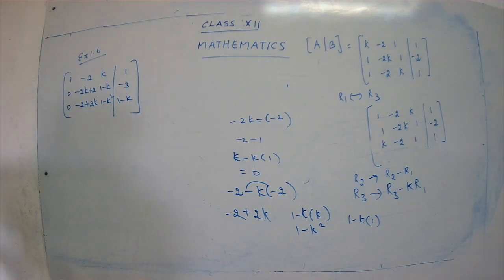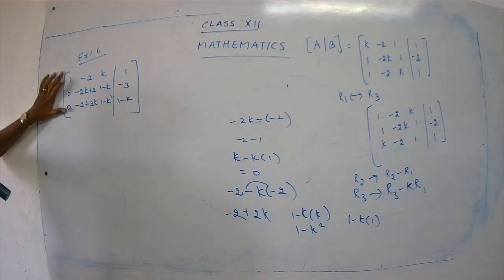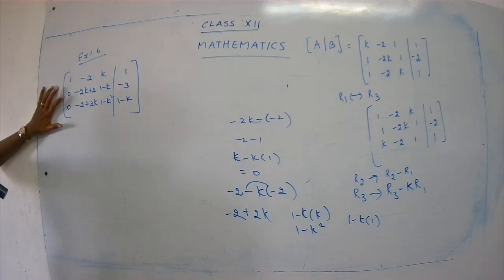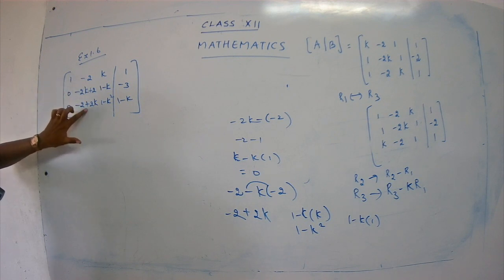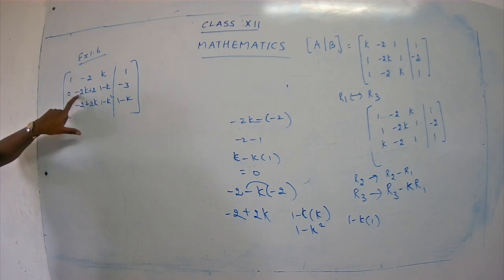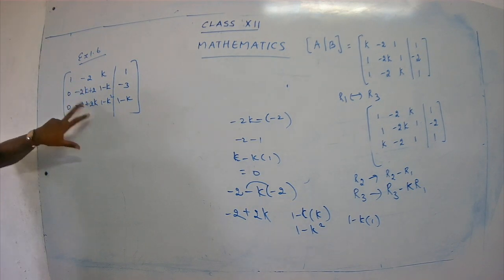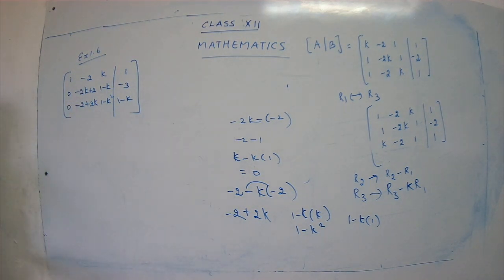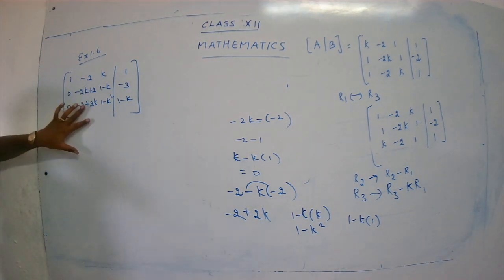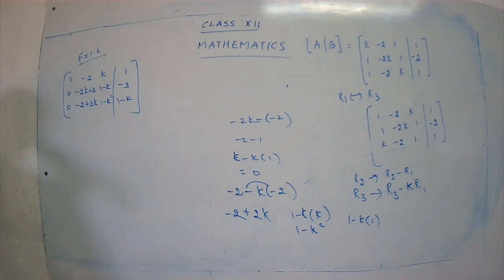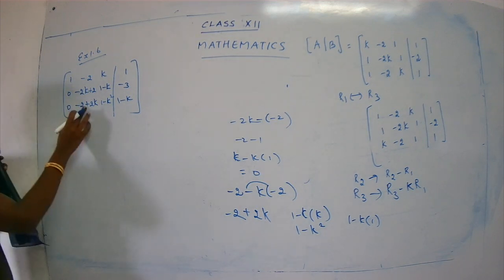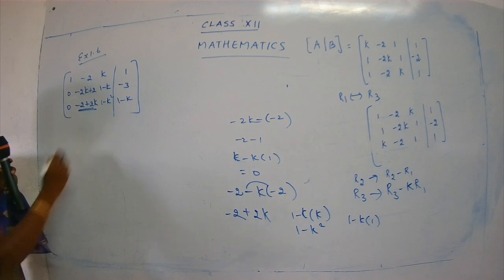matrix carefully, children. Now I have just got a number, first element as 1. We have made 2 zeros below the number 1. So now I have to make here 0. If I make here 0, I get a row echelon form. So now just see the numbers here carefully. This is minus 2k plus 2 and this is minus 2 plus 2k. So the numbers are same but with different signs. So you have to just add these two. If we add row 2 and row 3, we get the answer as 0. So we are going to change this element as 0.